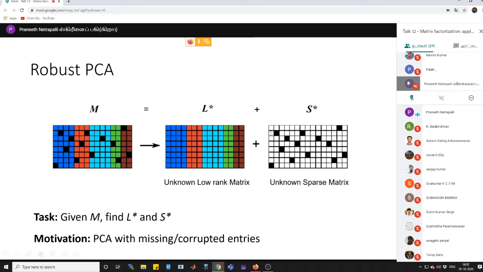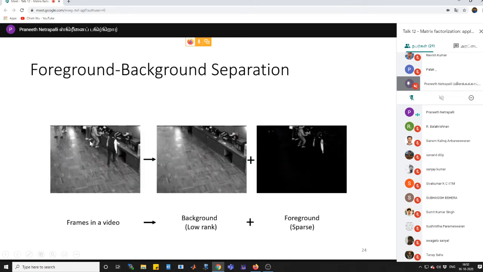And similarly, if you look at the time sequence, if a particular pixel is always being occupied by foreground, it's probably part of the background, right? So the foreground is sparse both in the pixels and in time. Right? So if you are able to do this low rank plus sparse decomposition, then given a video, you will be able to do background and foreground separation. And we'll look at this example towards the end of this section.